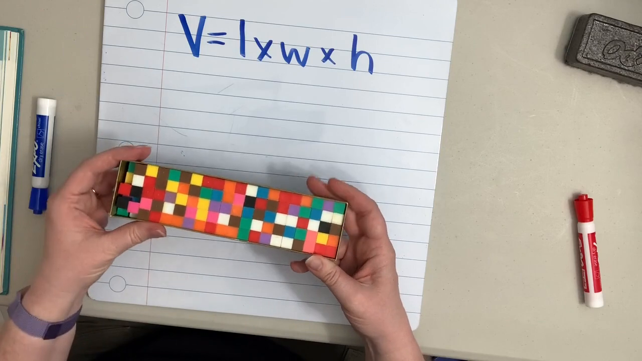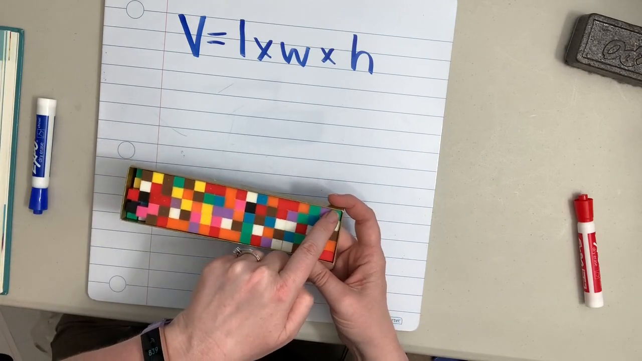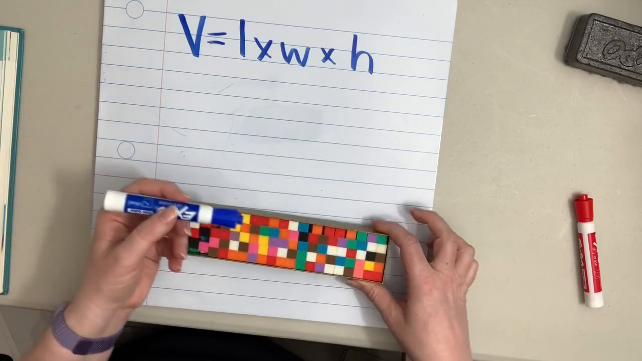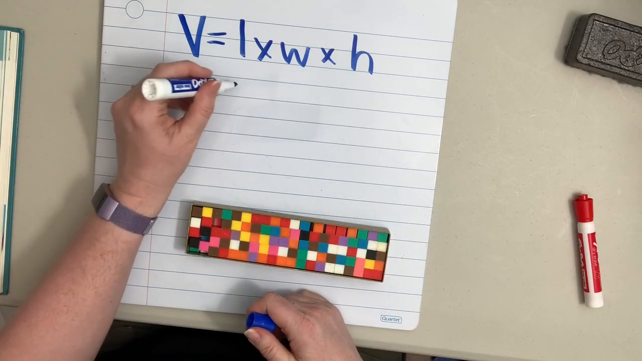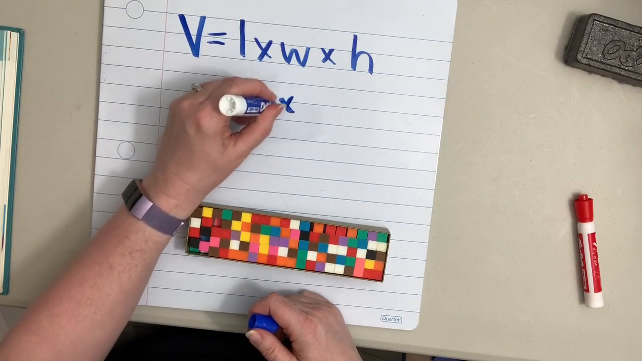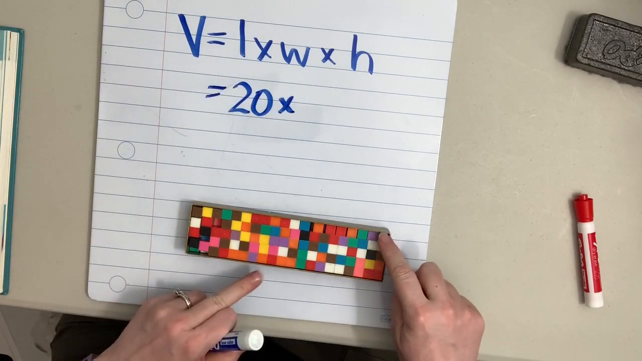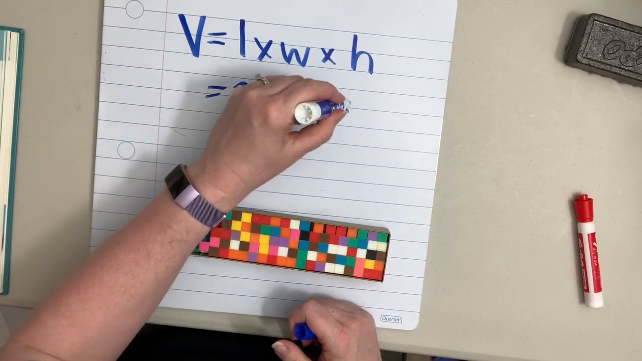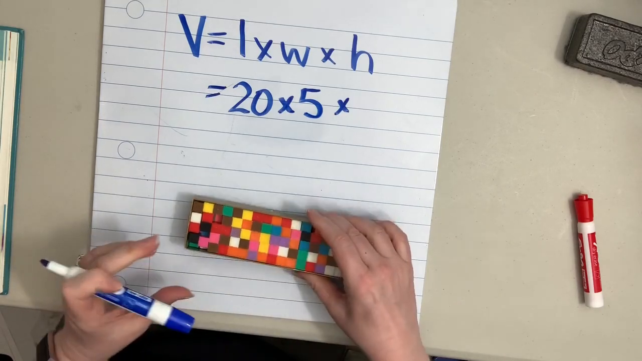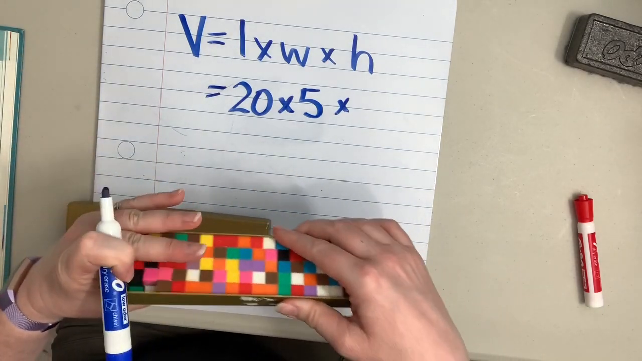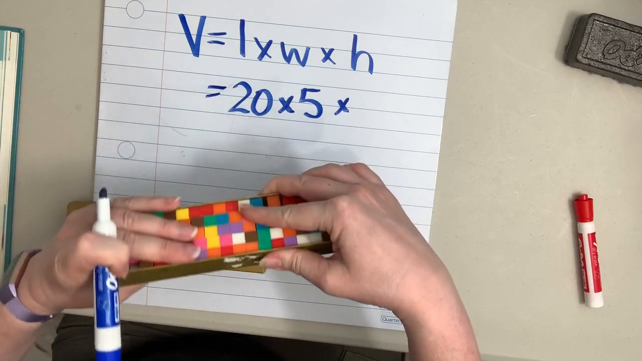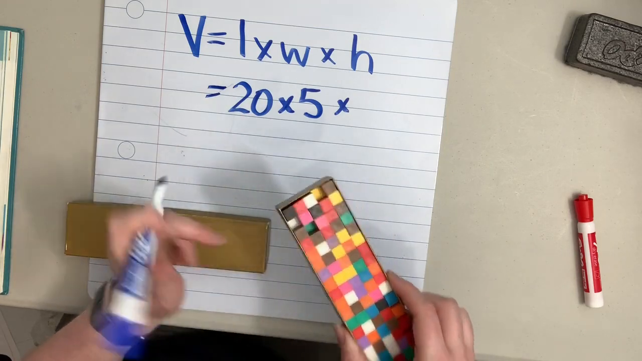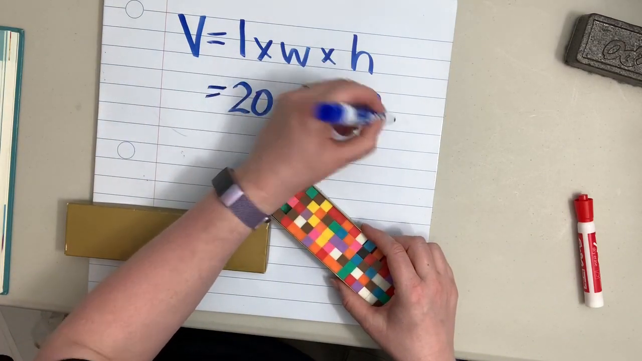The length, how many centimeter cubes are there? I already counted these ahead of time. There are 20. So the length is 20. Next, we would count the width. 1, 2, 3, 4, 5. And then the height, how many do you think are in here as far as height is concerned? Well, I know the answer to that, and there are only 2 rows of cubes stacked on top of each